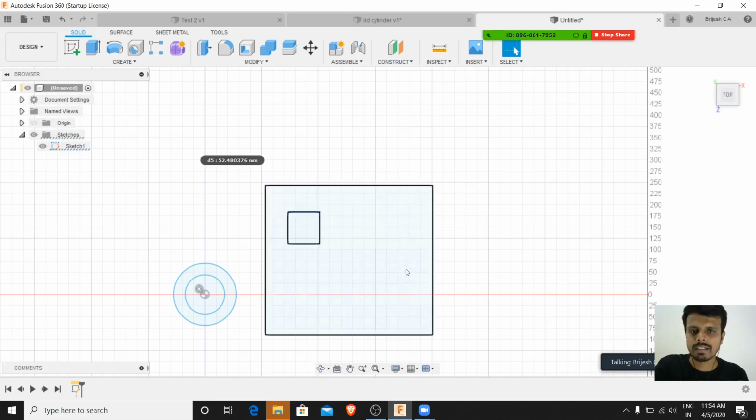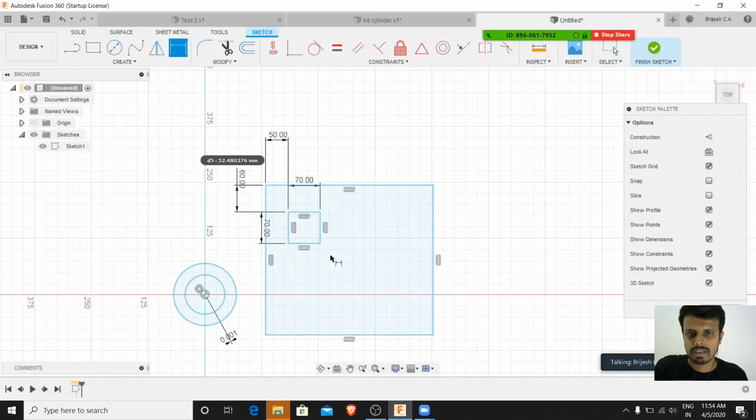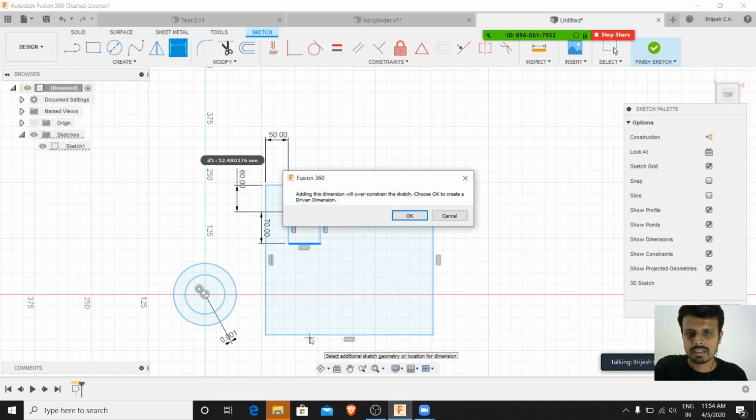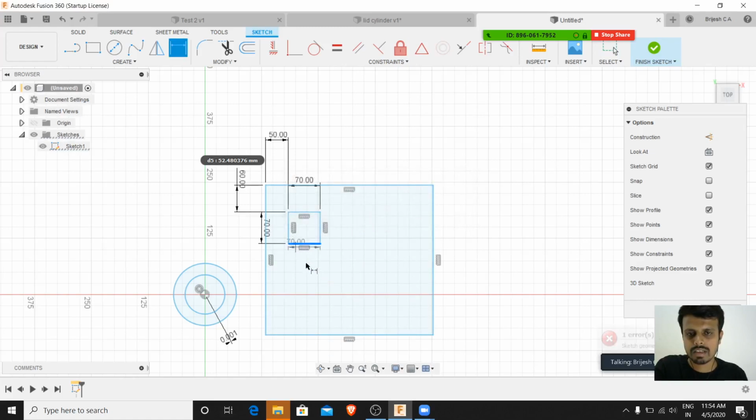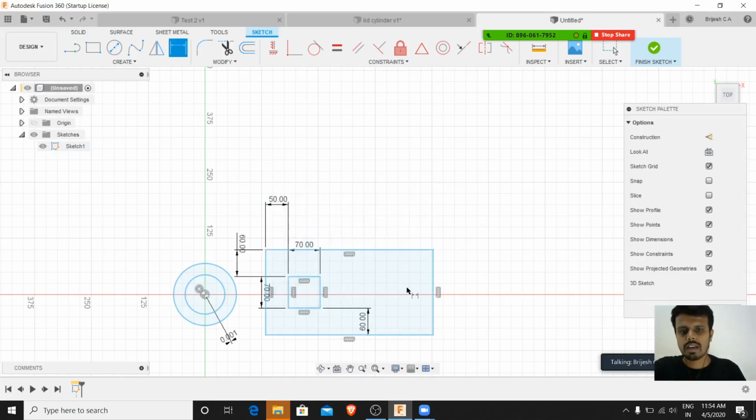Now I can also define another constraint by editing the sketch, edit sketch, D, this and this, and this distance should always be, this is always supposed to be 60, and